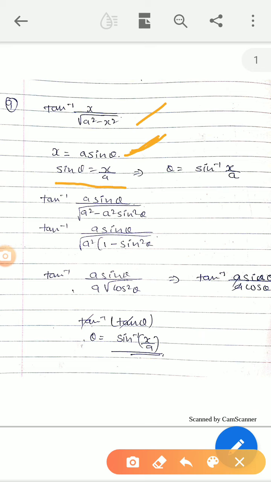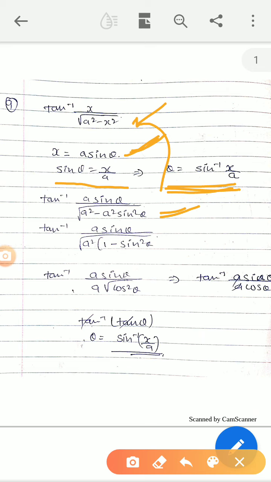If you suppose x equal to a sine theta, what do you get? Sine theta will be equal to x by a. So what you get? Theta equal to sine inverse x by a. This value you will put in the question. When you put it in the question, you will get a sine theta upon root a square minus a square sine square